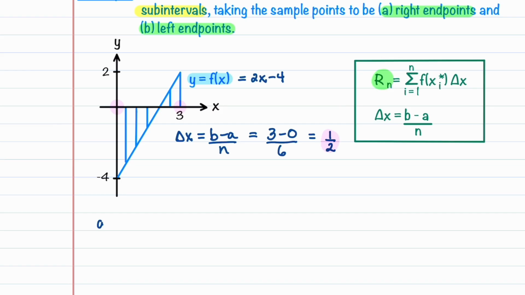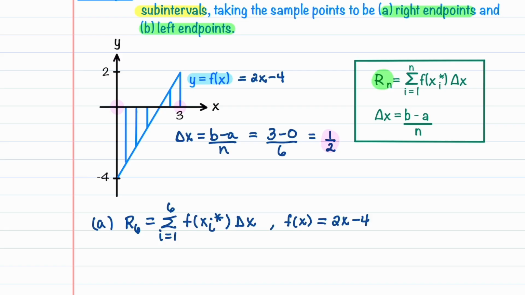Let's first find the Riemann sum when the sample points are right endpoints. Since we have 6 subintervals, we're going to write our Riemann sum as r sub 6, and it's equal to the sum, looking up here at the formula on the right, from i is equal to 1 to 6 of f of x sub i star times delta x. And our f of x is equal to 2x minus 4. Since we are using right endpoints to calculate the height of each rectangle, that's these points right here,